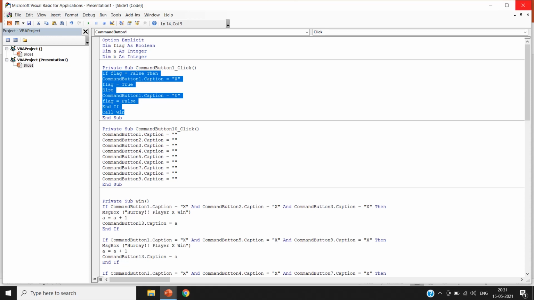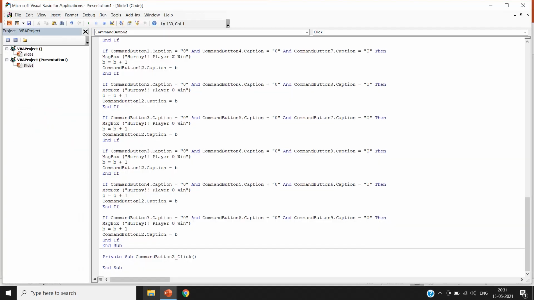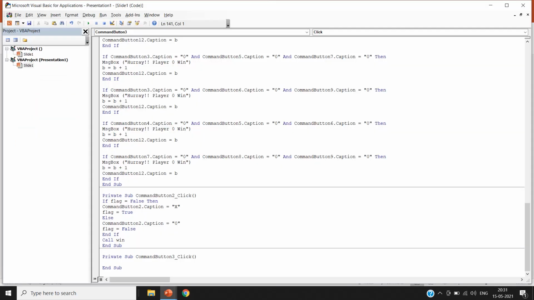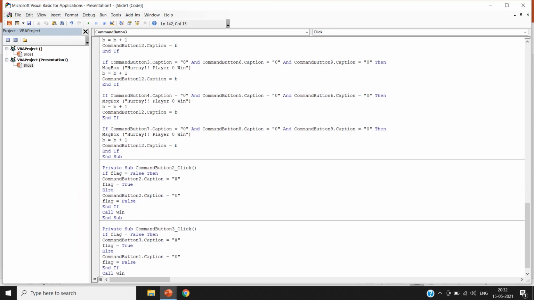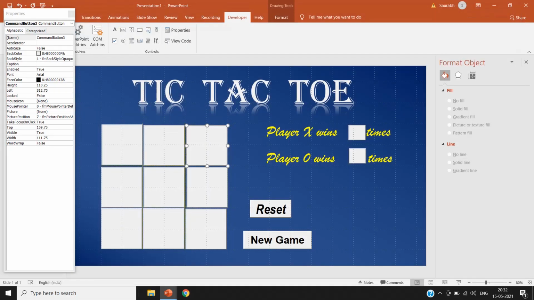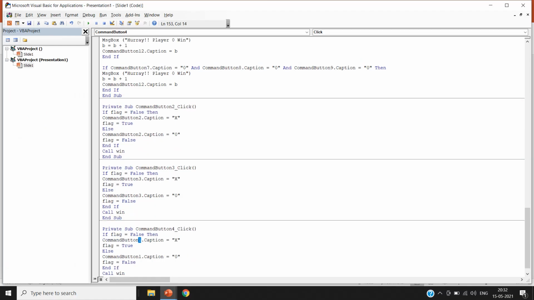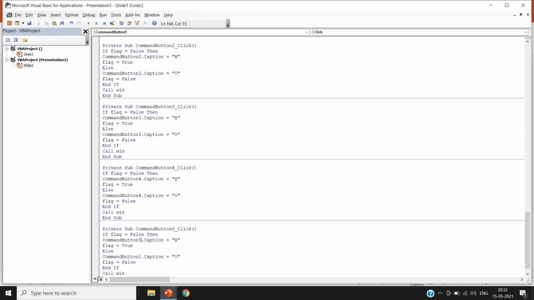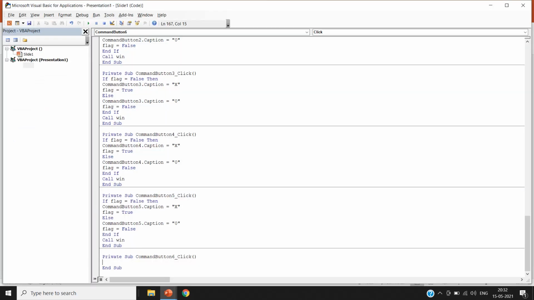Just copy the code and now paste it for every command button, CommandButton2, CommandButton3 and the same. Just click the button and copy it, paste it there. One more thing, if you are writing it for CommandButton5, do change it to CommandButton5.Caption.